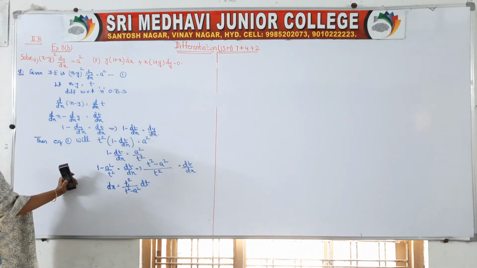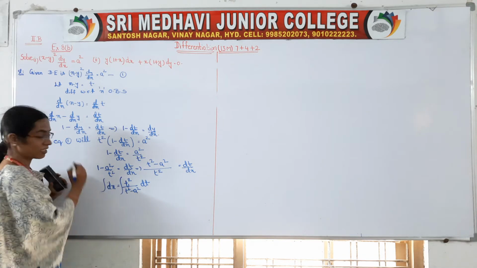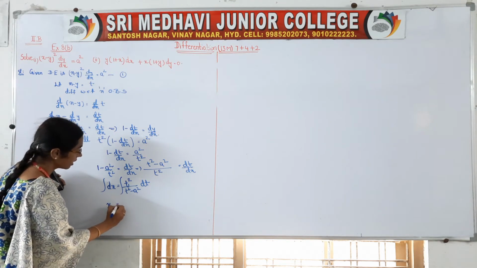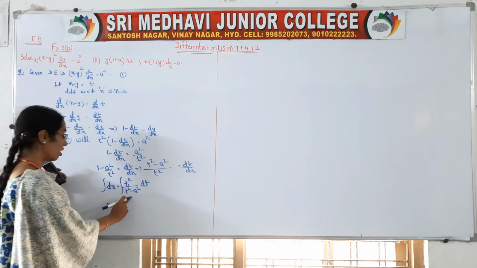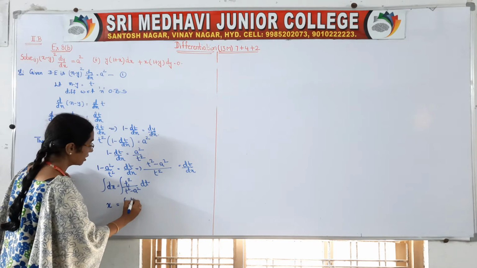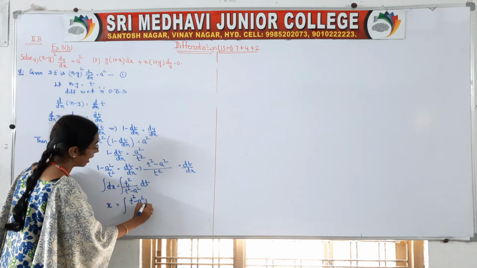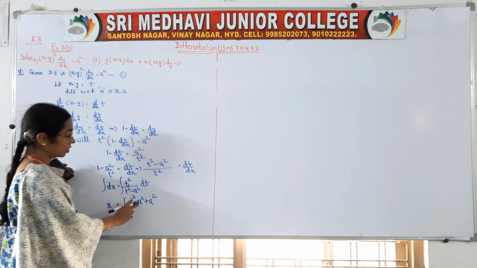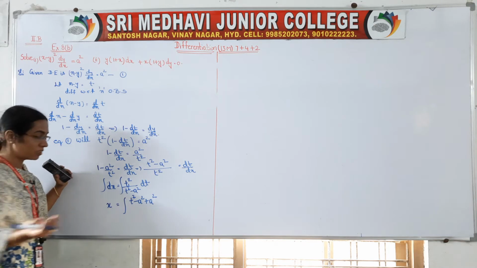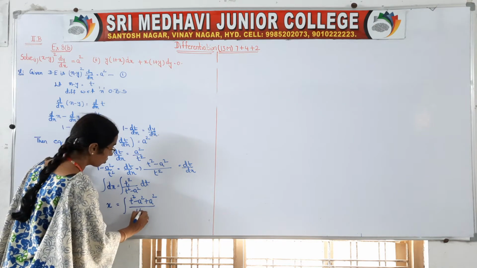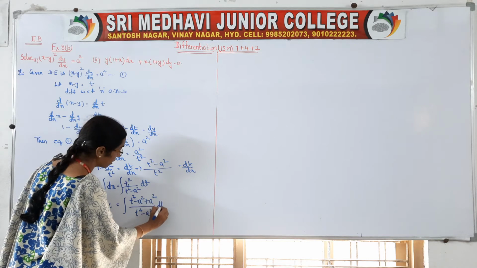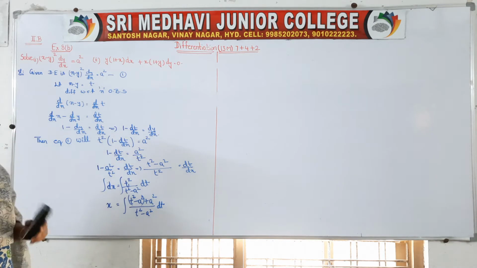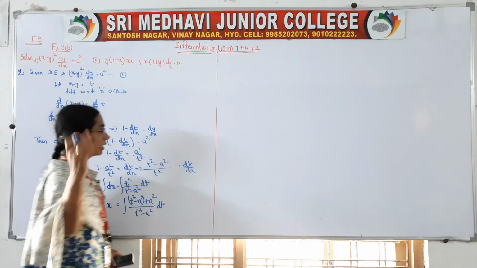Once the variables are separated, t terms with dt and x terms with dx, we have to take the integral. So integral of dx is equal to x. And here, how can we solve this one? If for this t square you deduct and add a square, then your simplification will be simple, right? Deducting and adding, it is balanced only, so we can do it. So t square minus a square plus a square, dt. You consider this as one term and that as a second term, so we can write them separately, isn't it? Integrals.